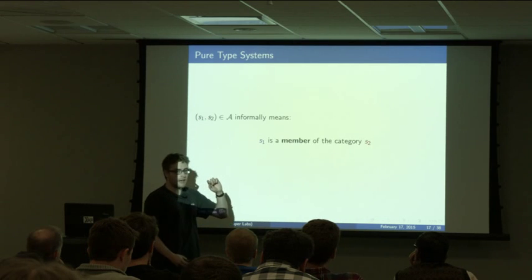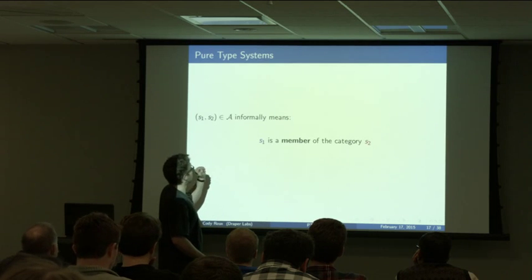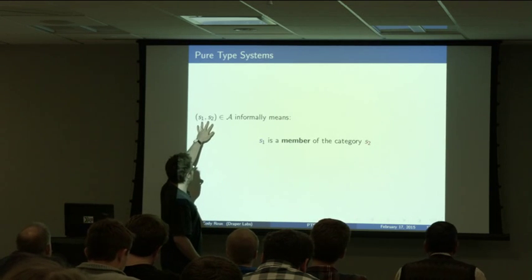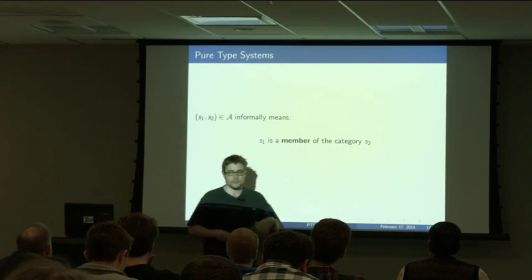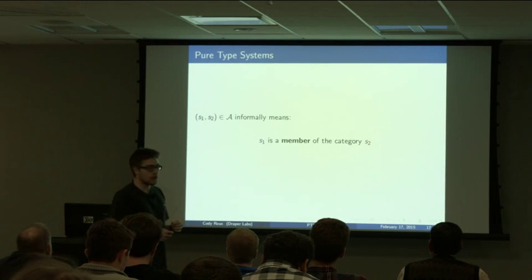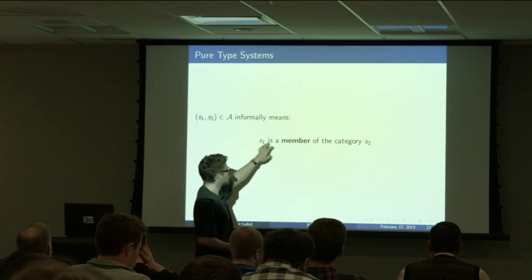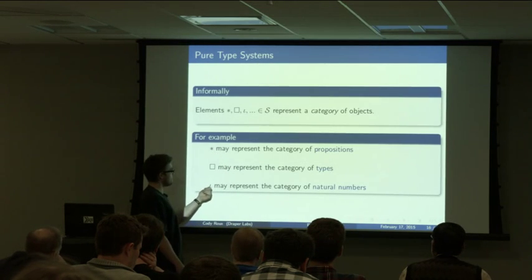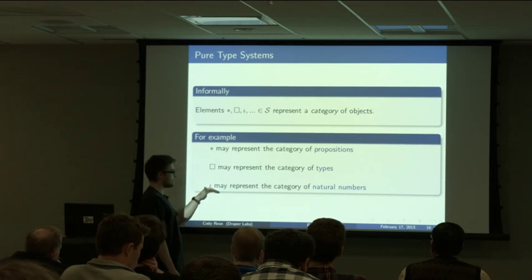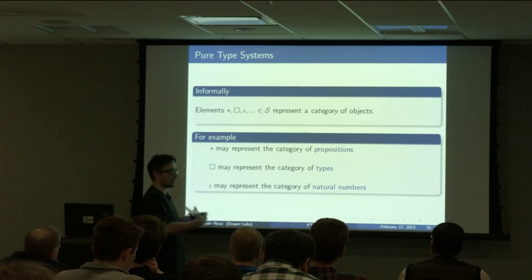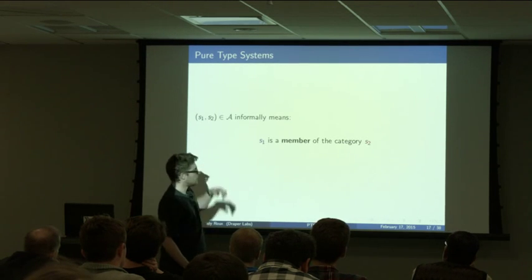Now the rules. Remember I had some sorts, and then I had pairs of sorts that I called axioms. And so the axioms informally say the sort S1 is of type S2, or is a member of the category S2. I tried avoiding using the word type because I use it a lot and it's overloaded. But basically, Yoda is going to be of type box, say. Because this is the category of types, and this is the natural numbers, and so the natural numbers are a type, and so it's reasonable to expect Yoda box to be an axiom.